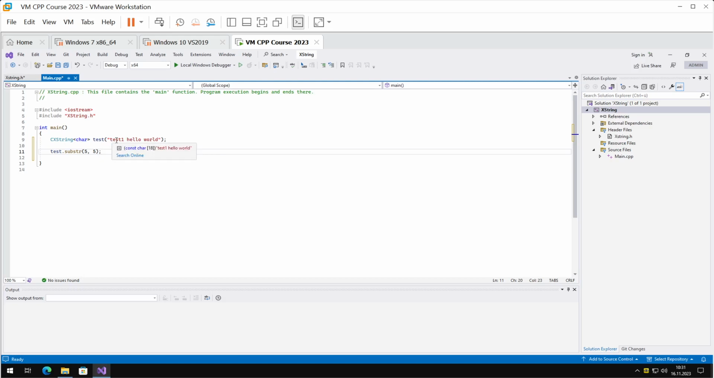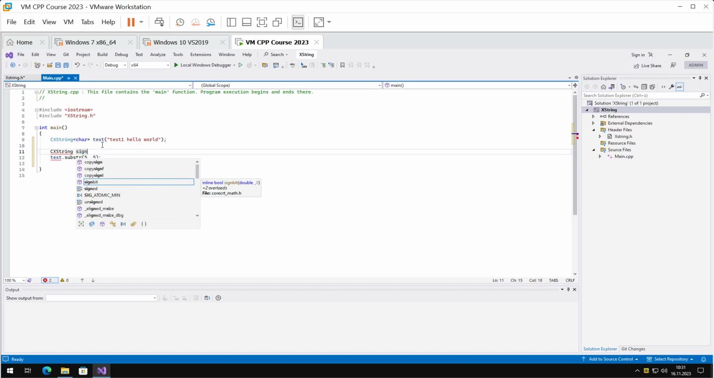I would recommend to assign the output to something. So we could create a new variable, cxstring test2 or something, and assign this to it. Also specify the character template argument so that it knows which implementation to use. What should I call it? Hello. Just hello. Semicolon, yes. And then in line 12,